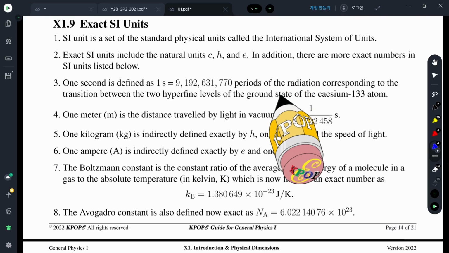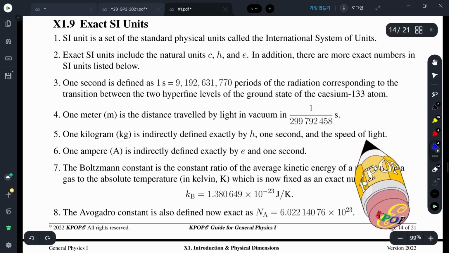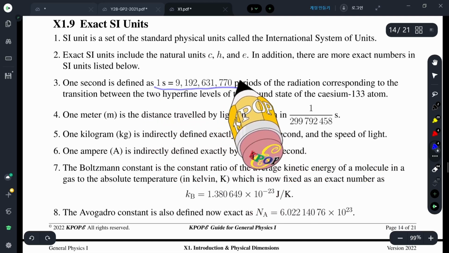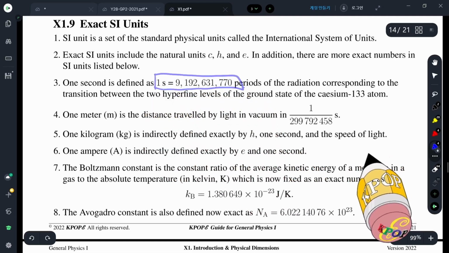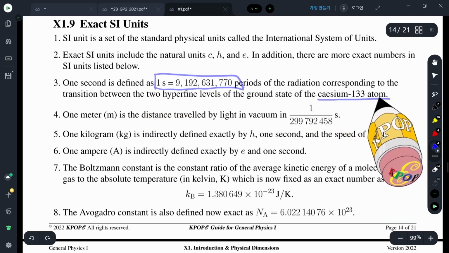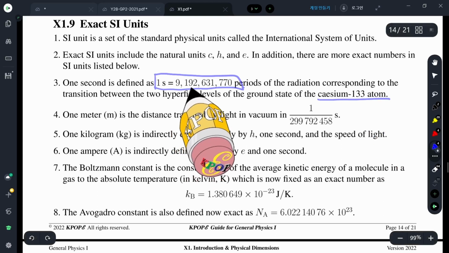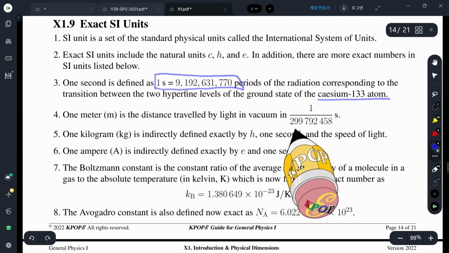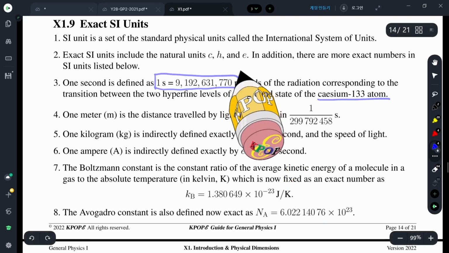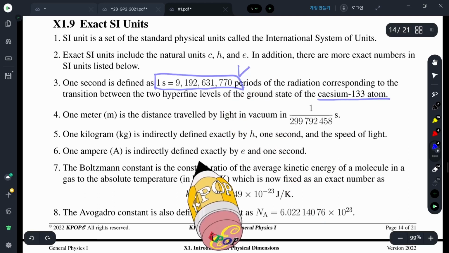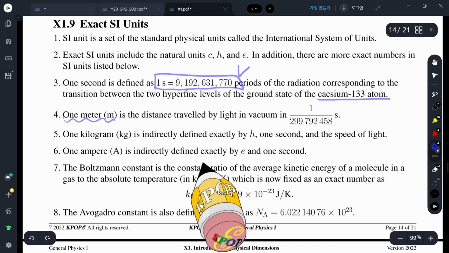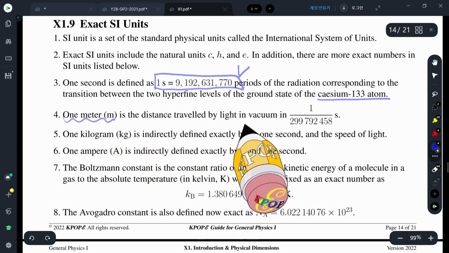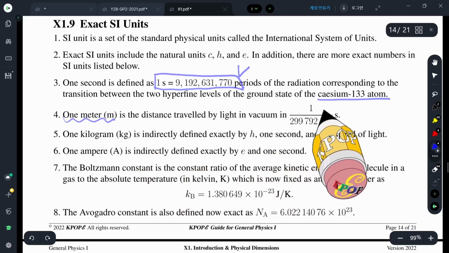There are a few more exact SI units. One second is based on the cesium-133 atom's ground-state hyperfine levels, which repeat with a period so many times. Using this period, we determine 1 second as its inverse. And 1 meter is now, because the second and the speed of light are determined exactly, indirectly defined by the distance traveled by light in vacuum in the reciprocal of